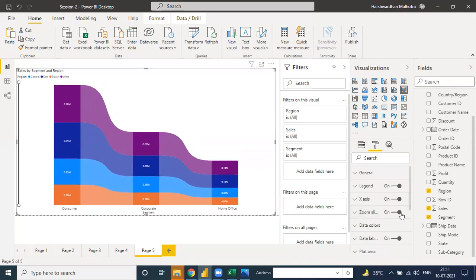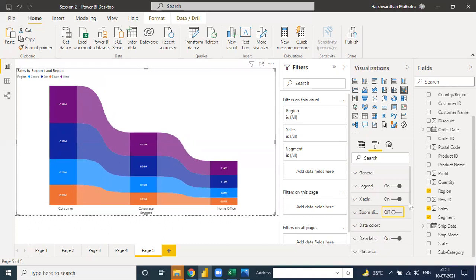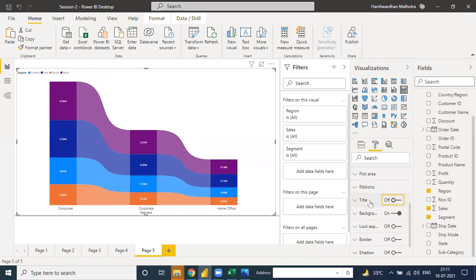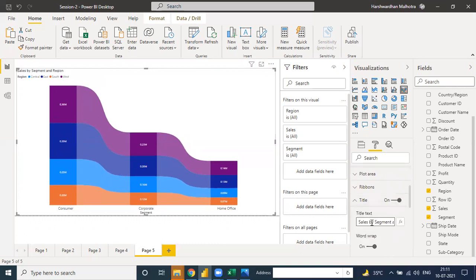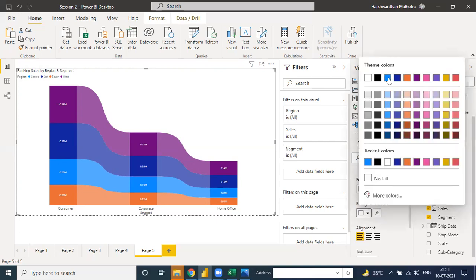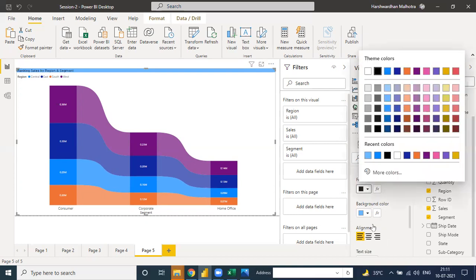If you need this, keep it; if you don't need it, then go down and change the title. Suppose you need to change your title to sales by segment or ranking sales by region and segment. Suppose I have to increase the size of the number like 0.3, 0.23, and how to do it, let me show you. Click, I'm doing the formatting.